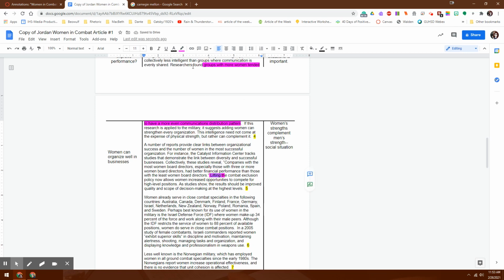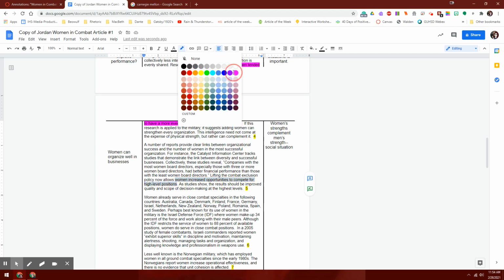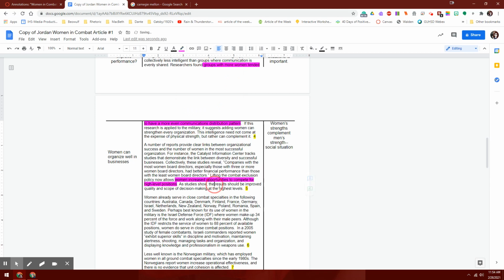So, oops, I didn't want to do that one. I want to highlight where it says women increased opportunities to compete for high-level positions. And then the results are improved quality